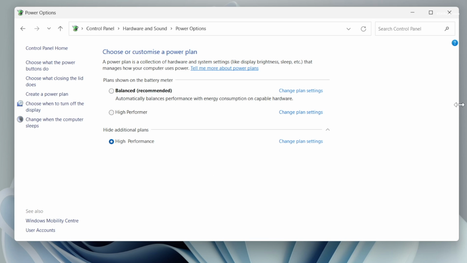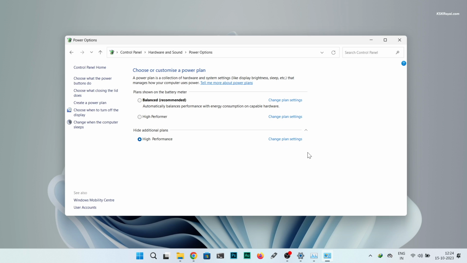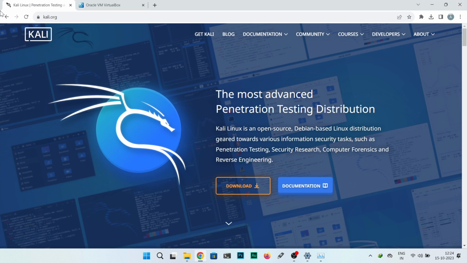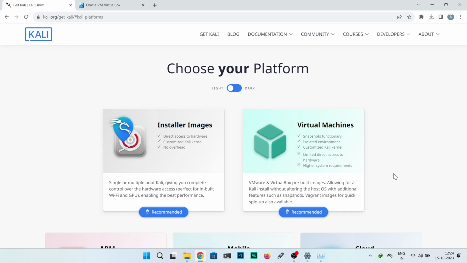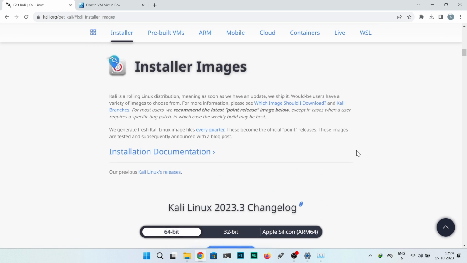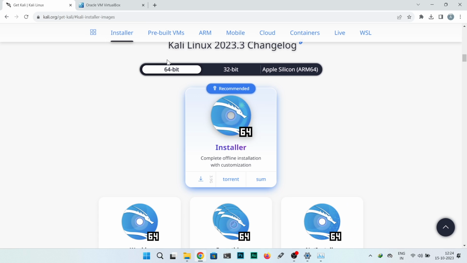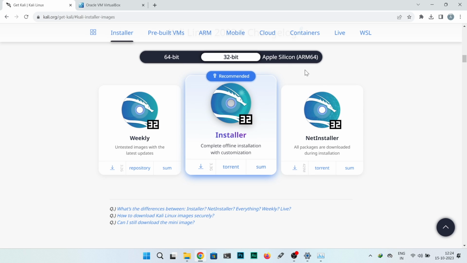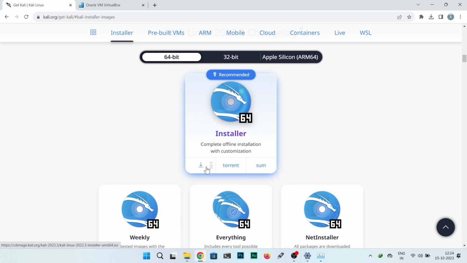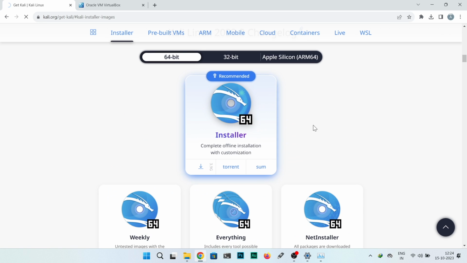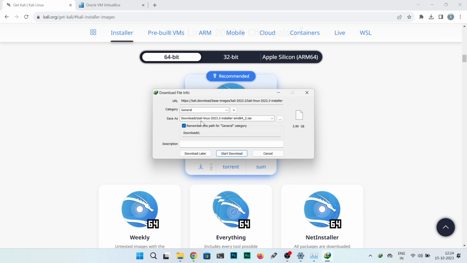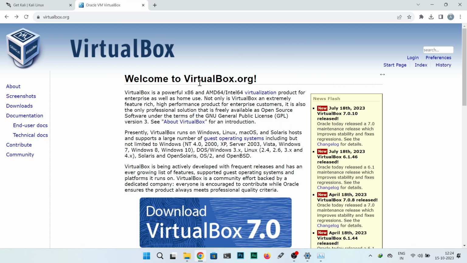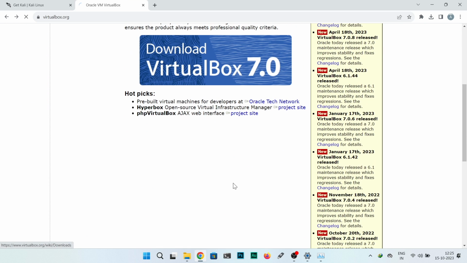It's time to start installing Kali Linux in a VirtualBox on a Windows 11 PC. Go ahead, open your favorite browser, head over to this link and click on this button to download Kali Linux. At the time of recording this video, Kali Linux 2023.3 is the latest version. You can choose the default 64-bit ISO, or you can pick the everything ISO that has every possible tool. For now, I choose to go with the recommended ISO. Then head over to this second link and download the VirtualBox for your PC or laptop.